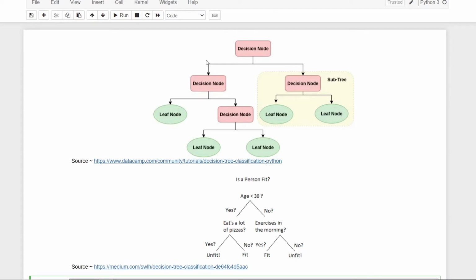So this is the way the decision tree looks. This is the source that I got the image from. A decision node is a node that has some decision with it. I'll also give you an example later on which will make things easier, but this is the way it is. One decision leads to another decision, and finally when you reach the end of the outcome, you reach the leaf node. The main node on the top of everything is known as the parent or root node. And this is a parent node that is a child of the root node.